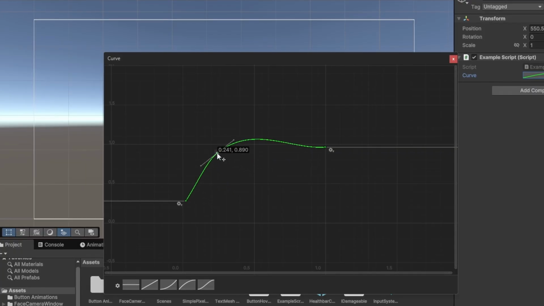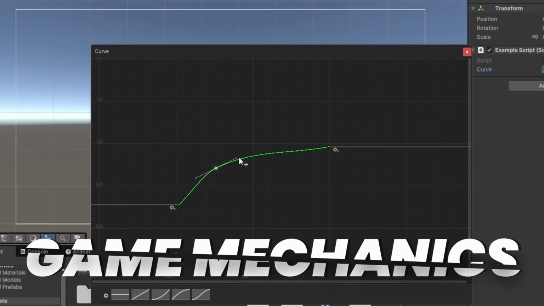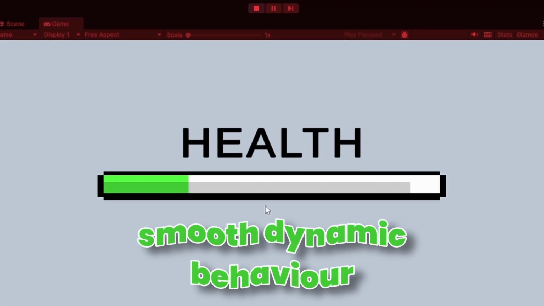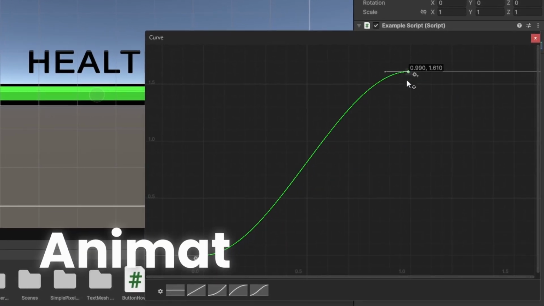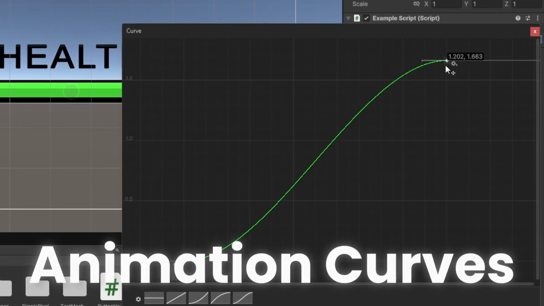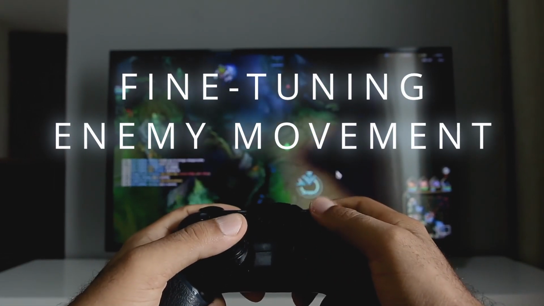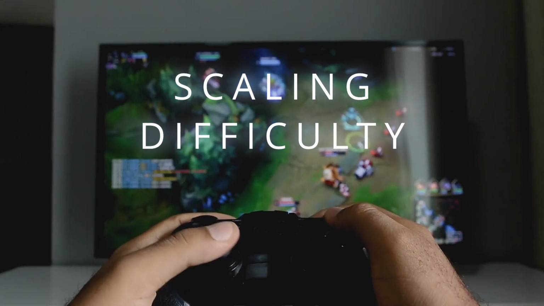What if I told you there's one simple concept in Unity that can completely change the way you implement game mechanics? No need of complex code, just smooth, dynamic behavior that fits naturally into your gameplay. In this episode, we're going to dive into this powerful tool, animation curves. From fine tuning enemy movement to scaling difficulty and creating fluid transitions, this one concept will change how you approach